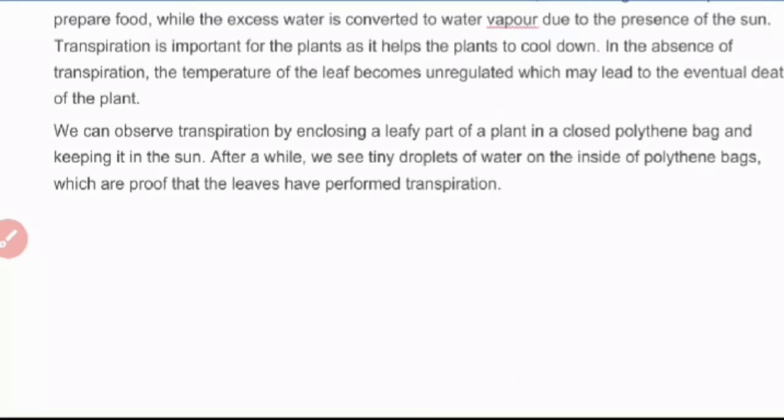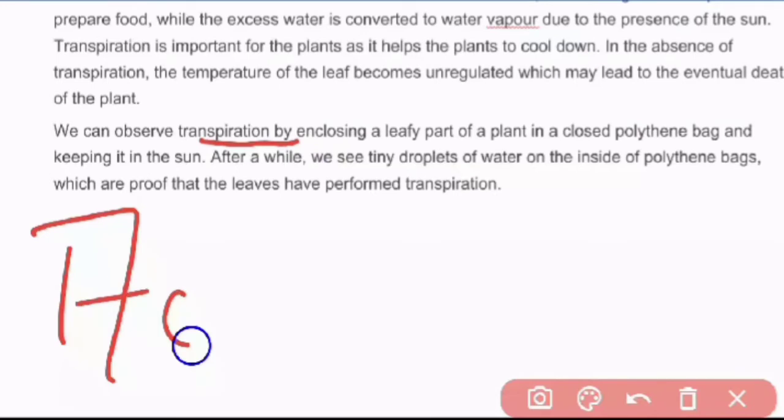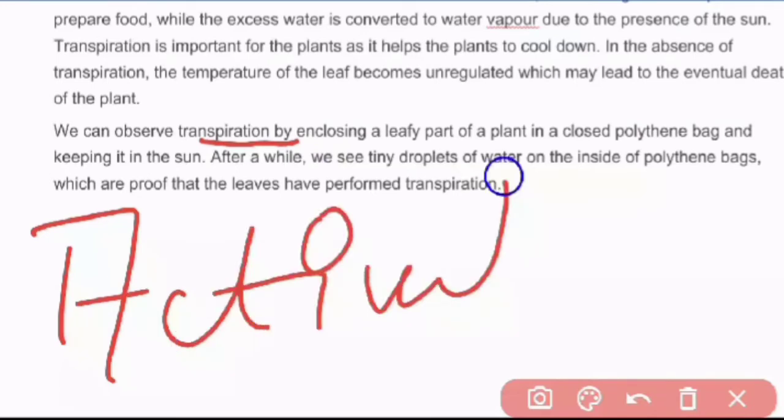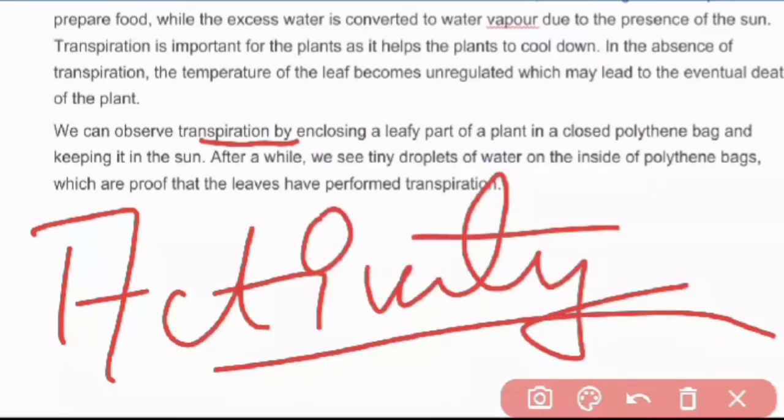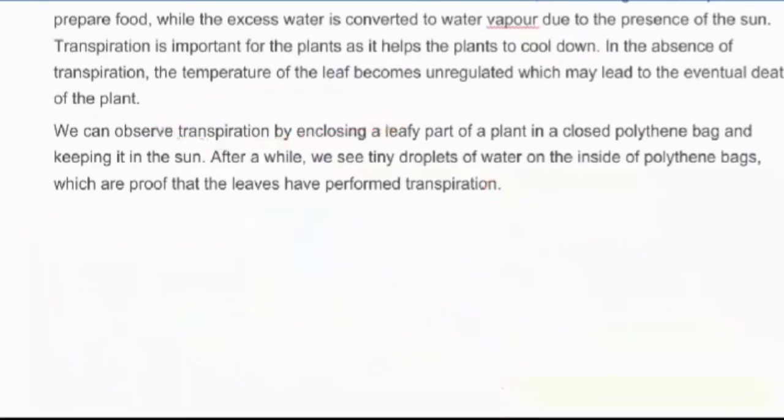Now we can observe transpiration. There is another activity which you have to perform, and for this I'll give you time until next week. You have to submit the leaf-stem activity by tomorrow, and until next week, that is next Wednesday, you have to perform this activity also. One more activity is coming up which is related to the function of leaves, especially to study the process of transpiration. How can you observe transpiration?